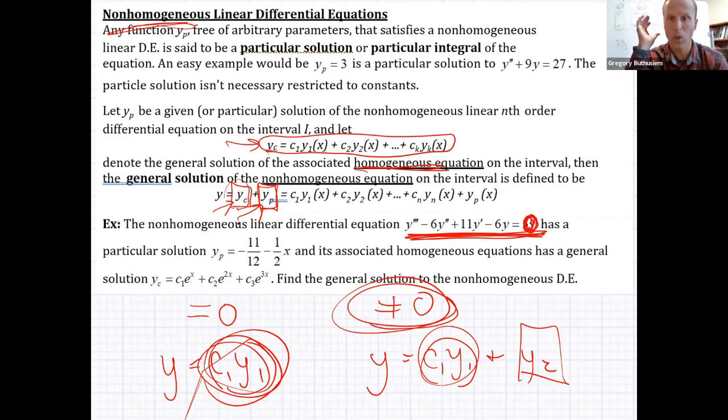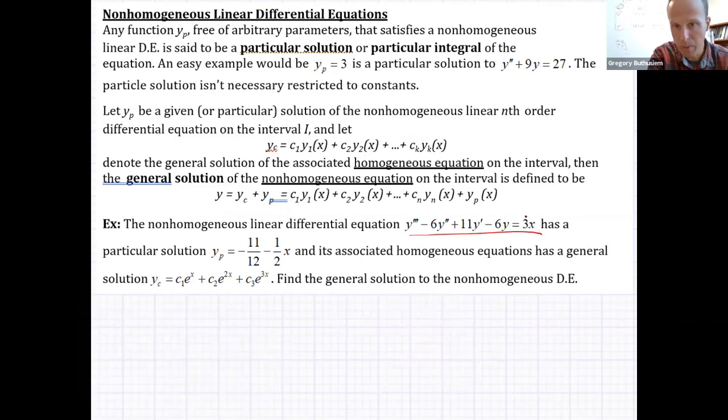So I have to find what's called a particular solution to the differential equation. So we're going to have to come up with that. We'll be able to find this by solving the associated homogeneous. We're going to have to figure out a way to find this other part, this particular solution. But once we find both pieces, we'll put them together and we'll get the solution to the entire non-homogeneous differential equation. This is how we're going to have to build it. So